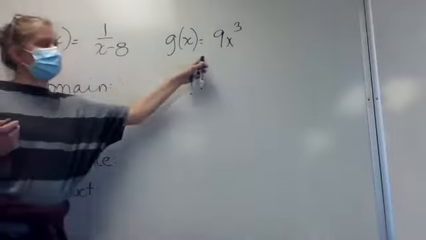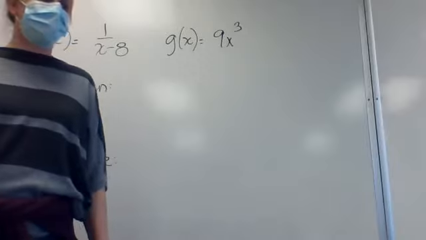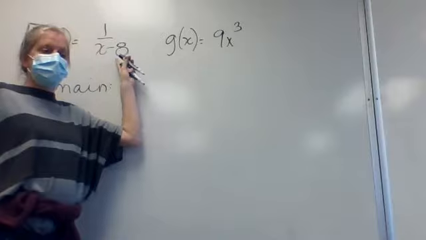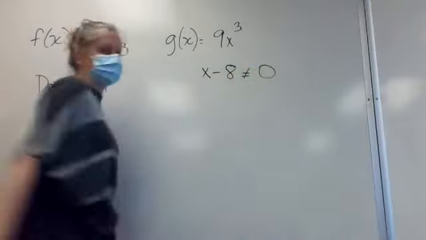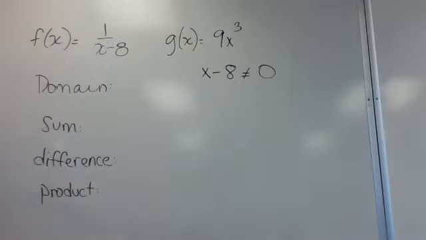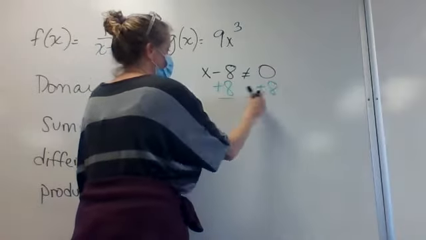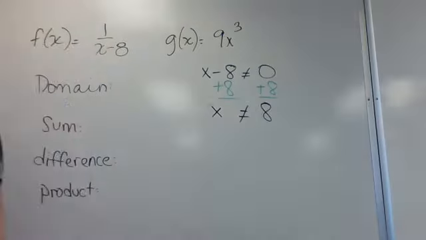All you have to do is look at your two original functions and find any restrictions in either one of those. Okay, 9x to the third doesn't have any restrictions, but this has an x in my denominator, so x minus 8 can't equal 0. Solve it. So add 8 to both sides. So x can't equal positive 8. So the domain for all three of these is x is a real number and